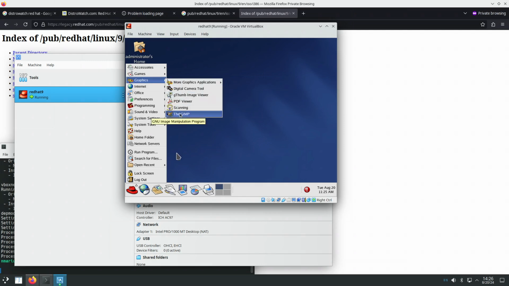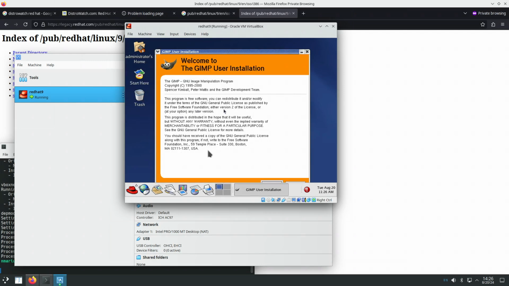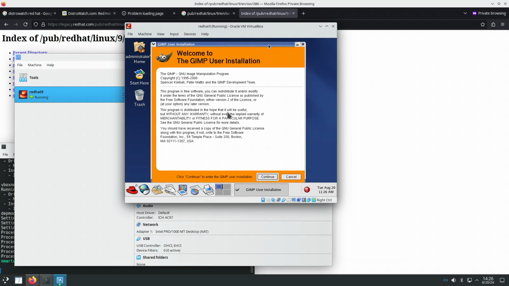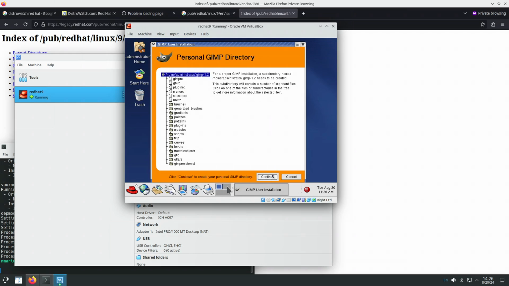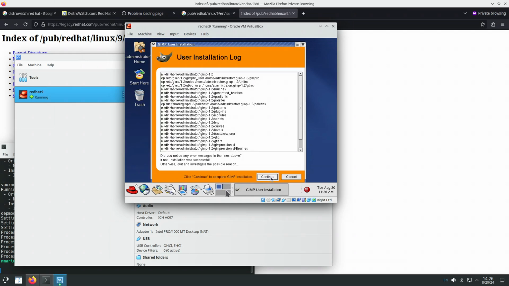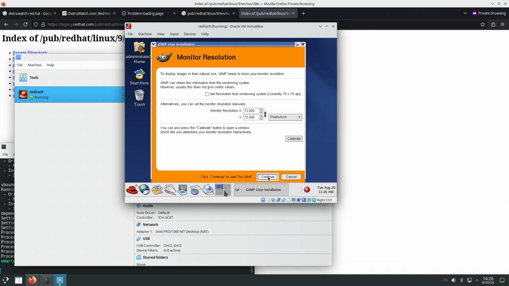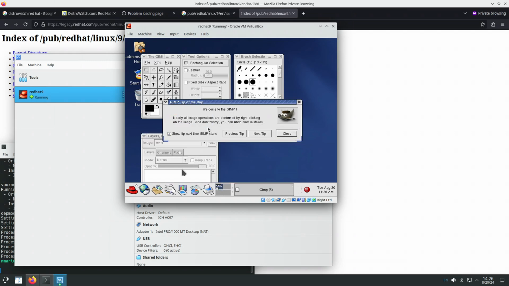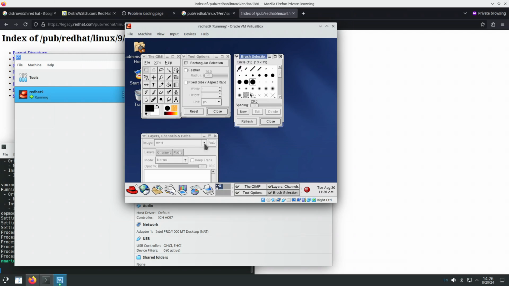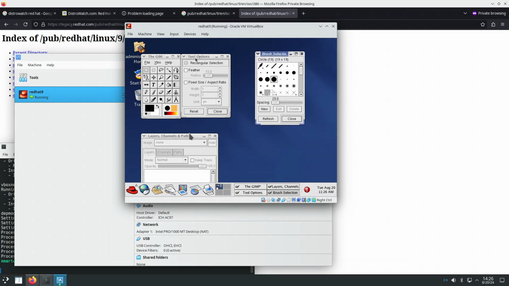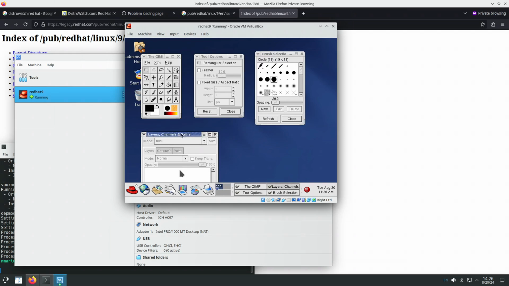The GIMP, probably a GTK1 application. Oh, first run wizard. This first run wizard is needed because it takes a ton of time to register the fonts. And this was the time when